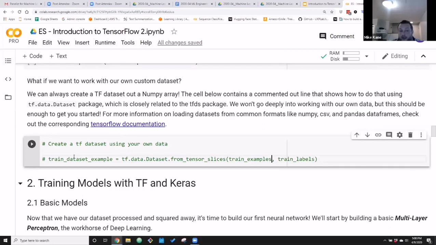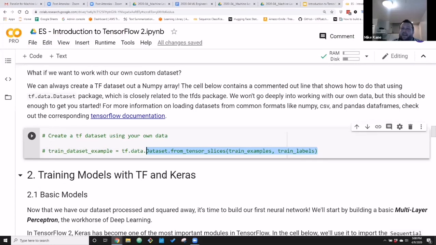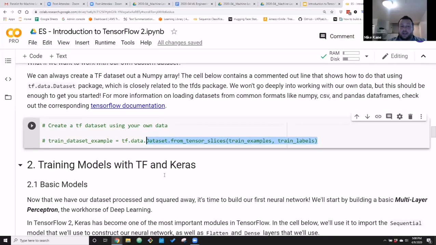I would do that on train_dataset_example, and I would just use the same code as I did for the pipeline here. The only difference is, if you were going to load your own data set, you would do this instead of the tfds.load call that we had at the top. Okay. So that's a basic version of using TensorFlow datasets to pre-process your data for a model.